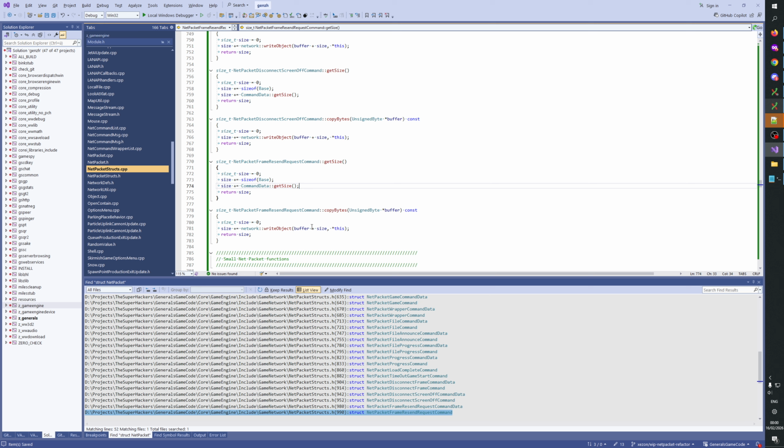Now there's one more thing. Of course there is. Now this one here, I think we should also say buffer plus size, write objects, we should pass base. Base and then